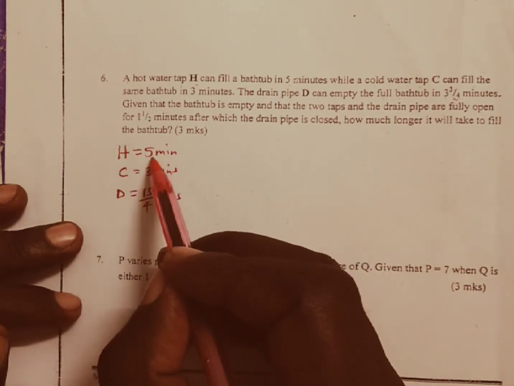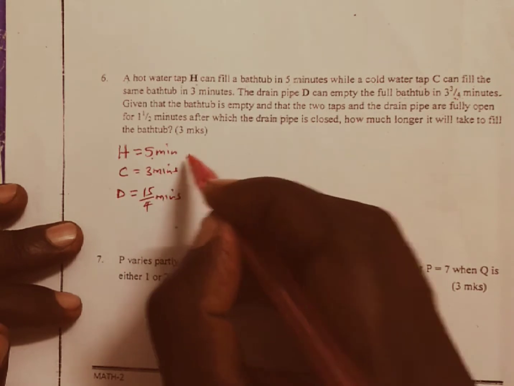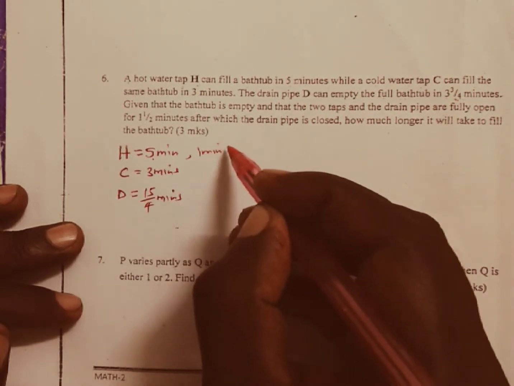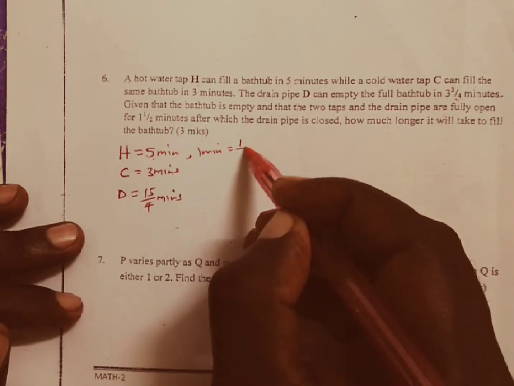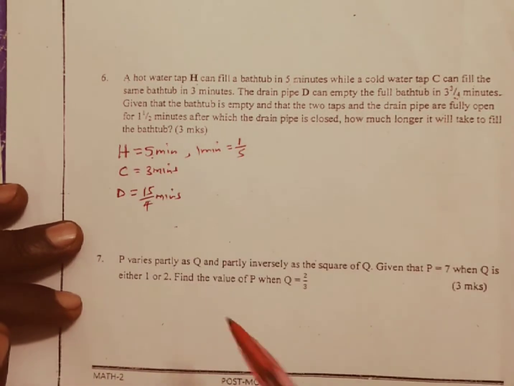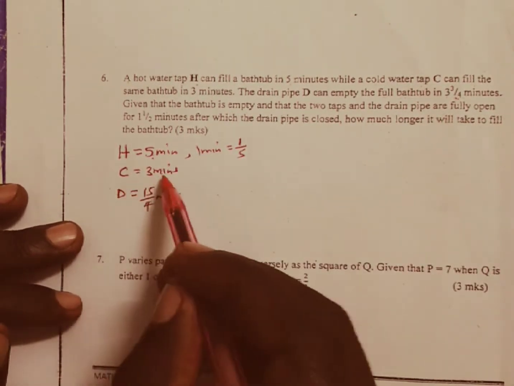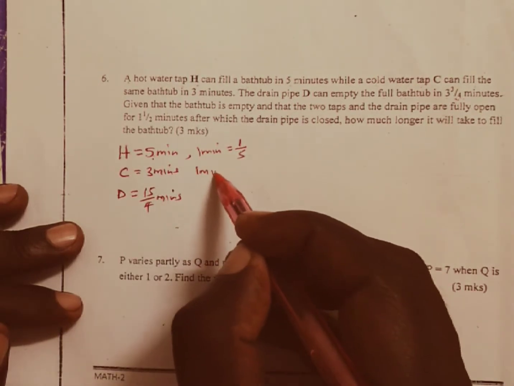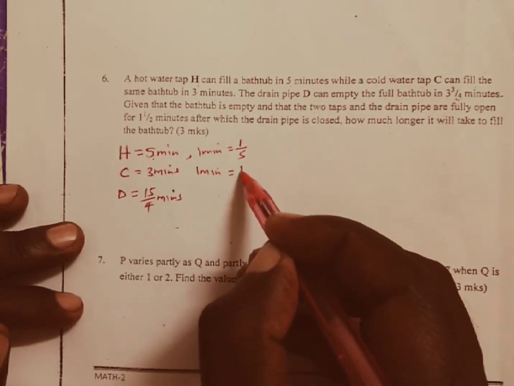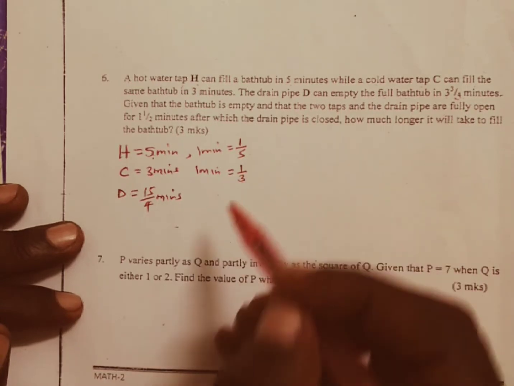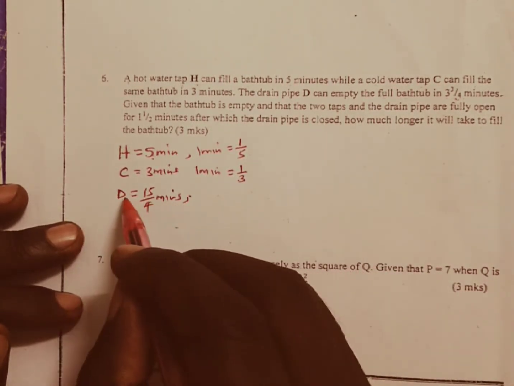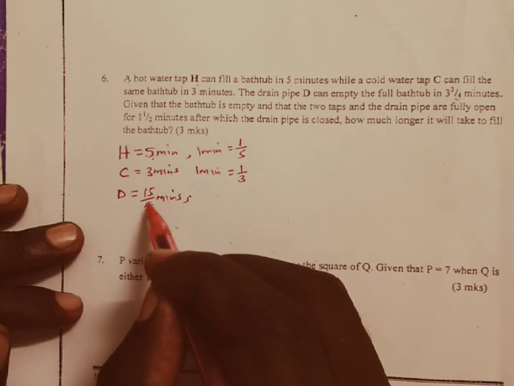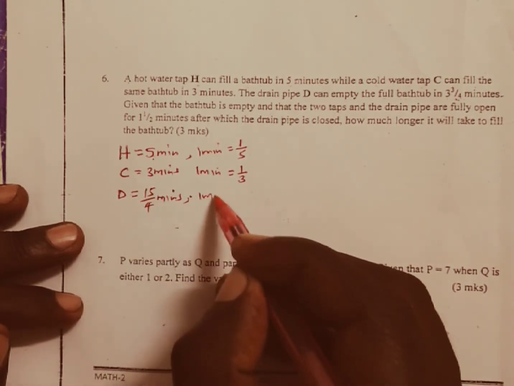H can fill the tub in 5 minutes, meaning in 1 minute it is going to do 1/5 of the work. C can do it in 3 minutes, meaning in 1 minute it can fill 1/3, that is a third of the tank. And if D can do it in 15/4 minutes, in 1 minute it is going to do